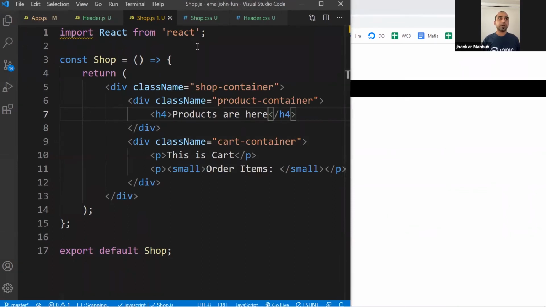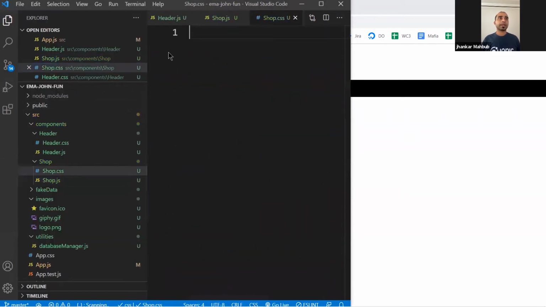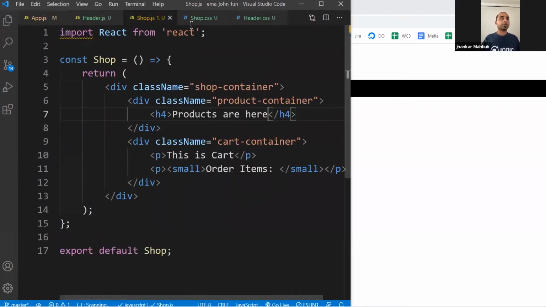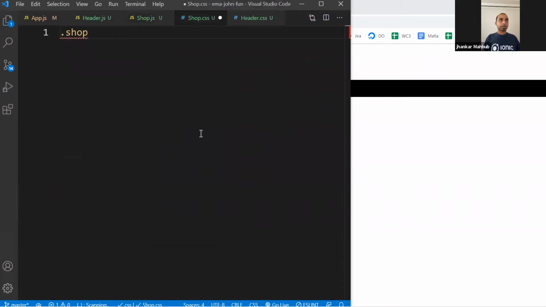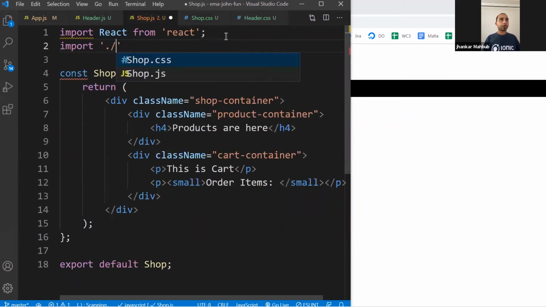So, if we go to our shop.css, we can add shop.css right here. Let's close this guy, so this makes it much easier. And we'll create some class, and this would be our shop container, because we had this shop container. To do so here, we will do a dot shop container, and inside this container we will say display flex. And if you do this display flex, you need to connect with this guy, and we'll do import dot shop.css.